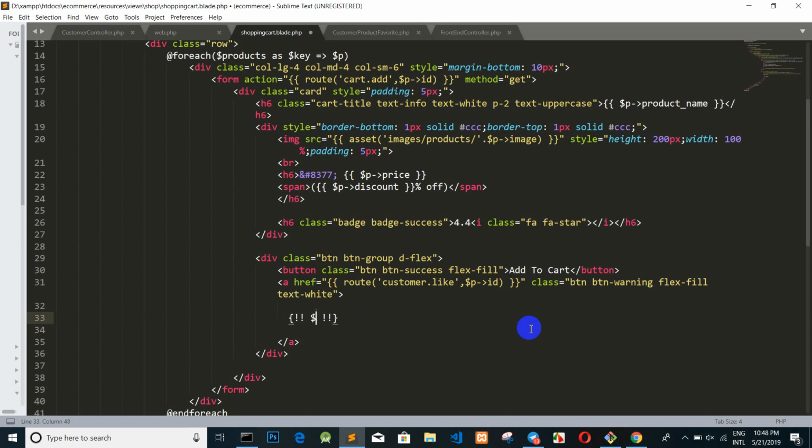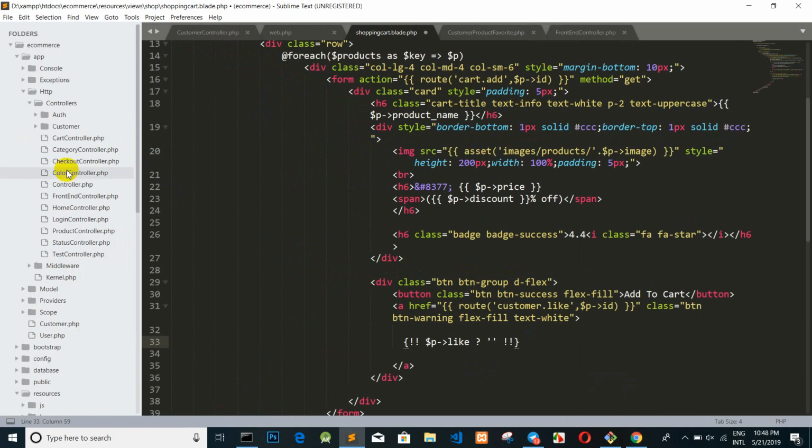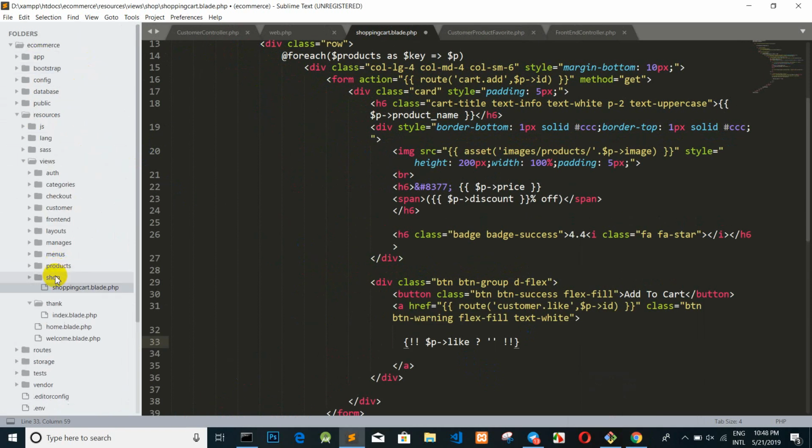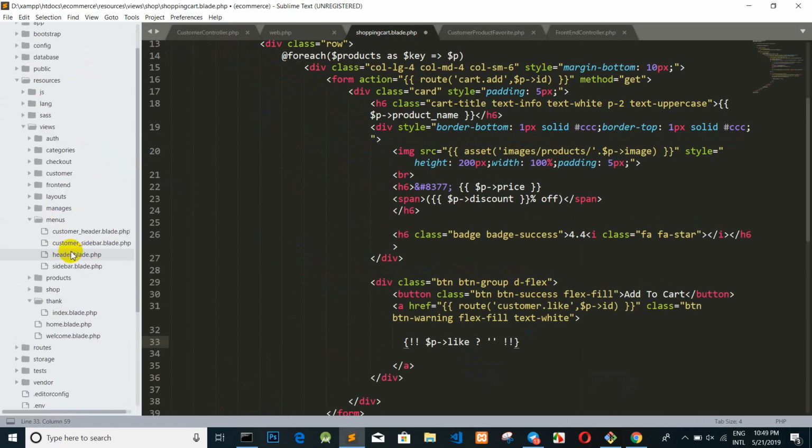If grow and large, hash, I mean that we want to call the class name, so I go to copy hash from menu,